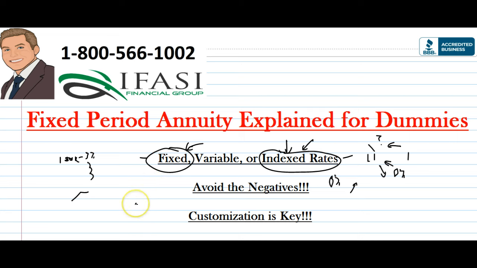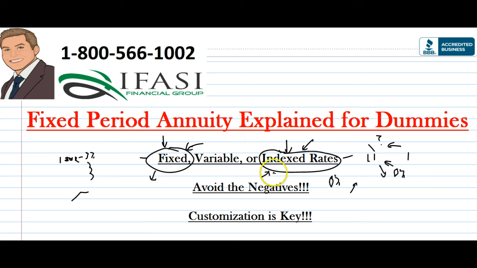Now, because of what's happened with the economic deficit, interest rates have hit all-time lows. Fixed accounts are very, very low, just like bank CDs are paying very small rates of return. Fixed annuities and MYGAs are paying low rates of return as well. But individuals still leverage MYGAs and fixed annuities in the fixed period because they just want to have that peace of mind that they're gaining something.